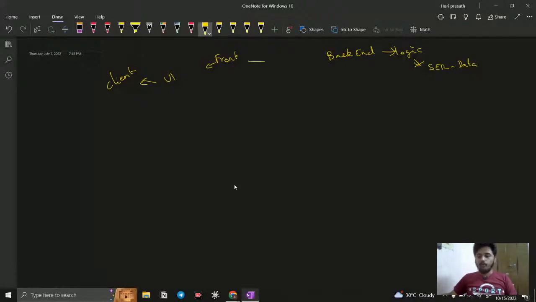Combined together, it is called full stack. So what is meant by full stack? A person who is capable of doing both front end and backend development is a full stack developer. A person can do both. Right now, in this 30 minutes, we're going to see about JavaScript. JavaScript is a front end